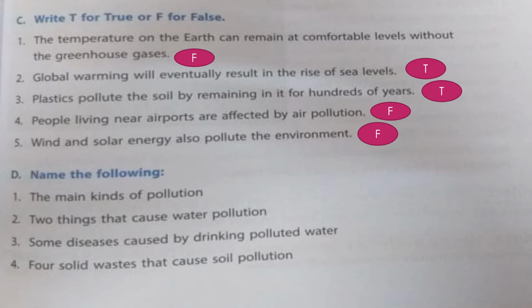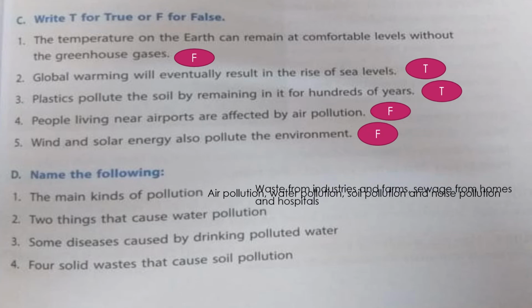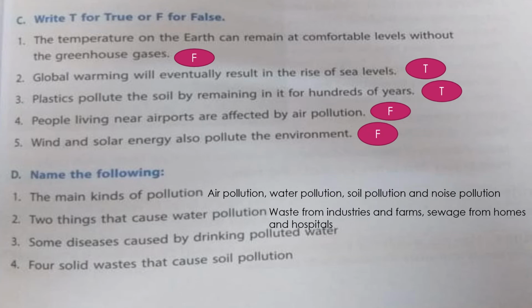Then section D, name the following. The main kinds of pollution. Which are the main kinds of pollution? Yes, air pollution, water pollution, soil pollution and noise pollution. Second question. Two things that cause water pollution. Answer is waste from industries and farms, sewage from homes and hospitals.